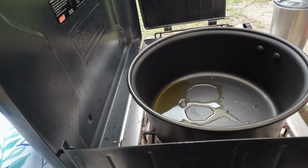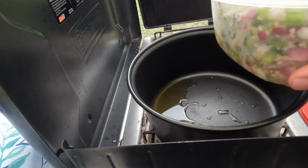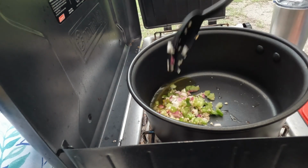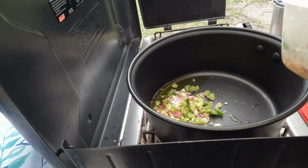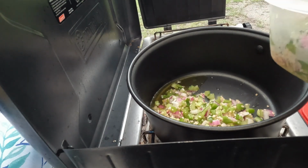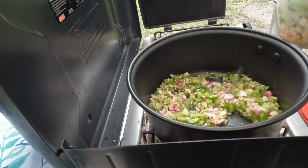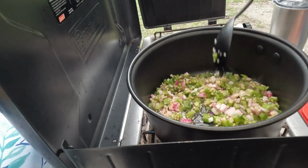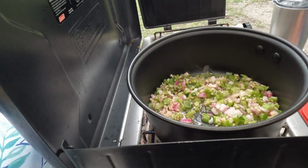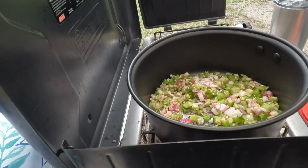I'm only going to put about half of this in here, half of the onion, bell pepper, garlic and celery mixture, because I'm suspecting that I'm not going to have enough room for all of this. So I'm going to cook this 2 times. I still have quite a bit left here, as you can see. So we're going to saute that